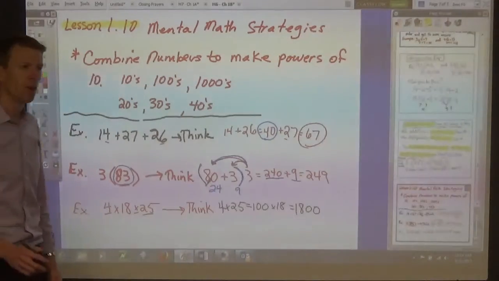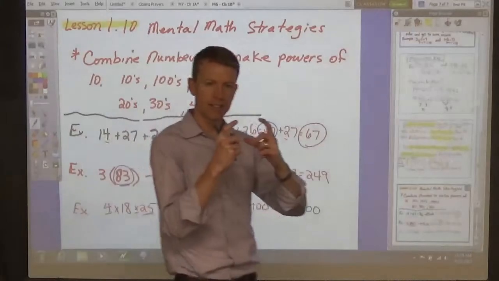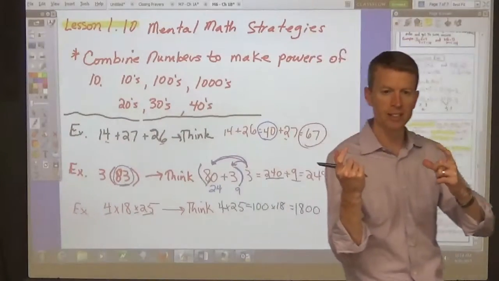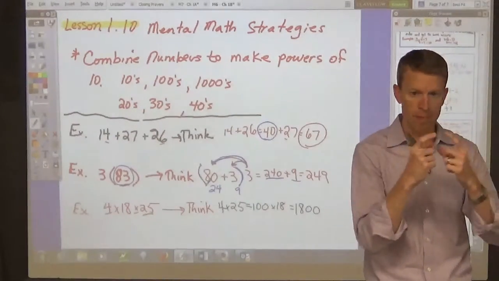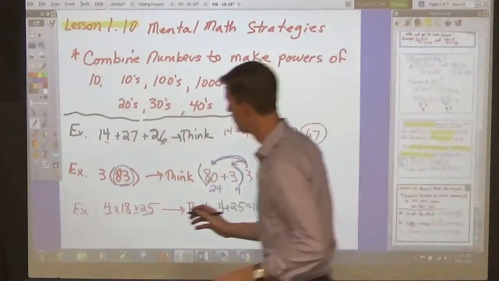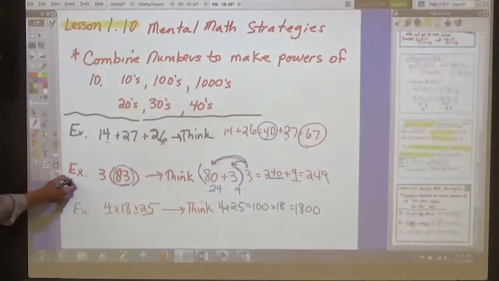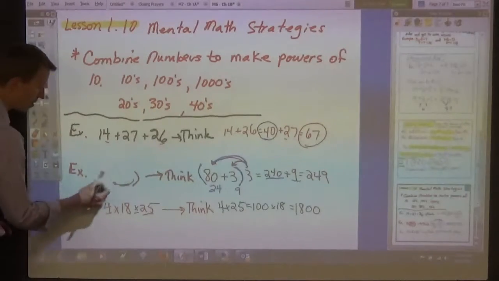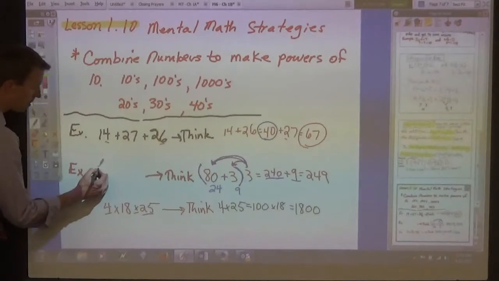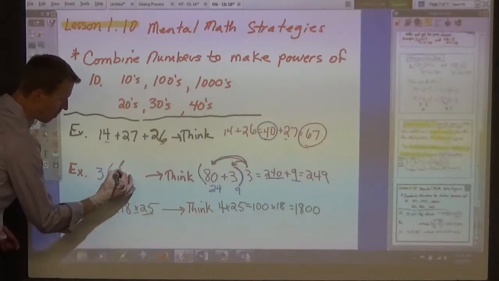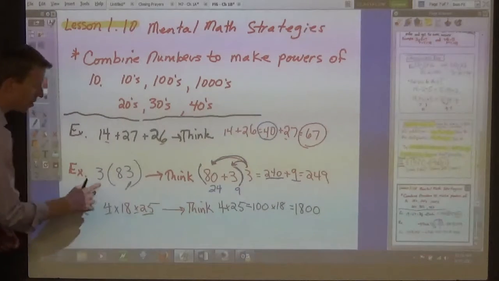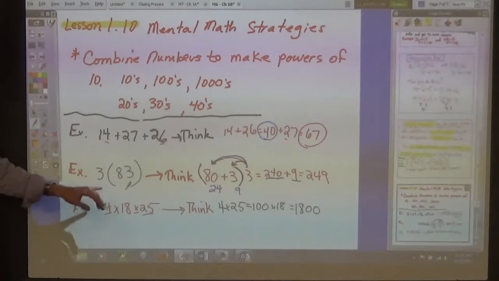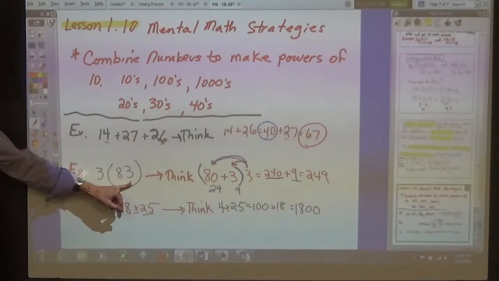When you see a number in parentheses and then a number outside of the parentheses, that means times. So, look at this. I don't want to do that. I want to do this. When we started, it says 3 times 83 like this. 3 times 83. When the 83 is in parentheses,